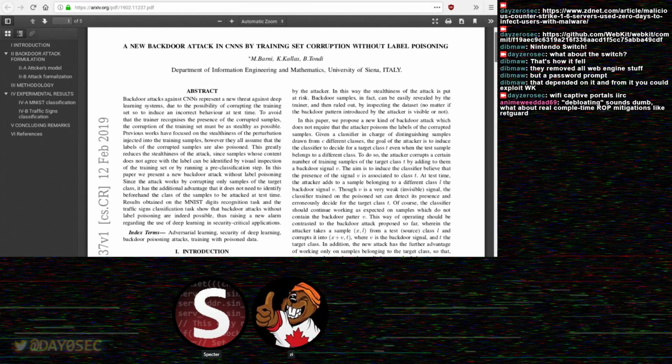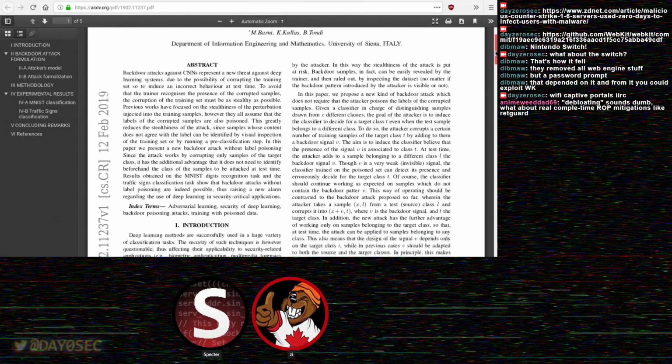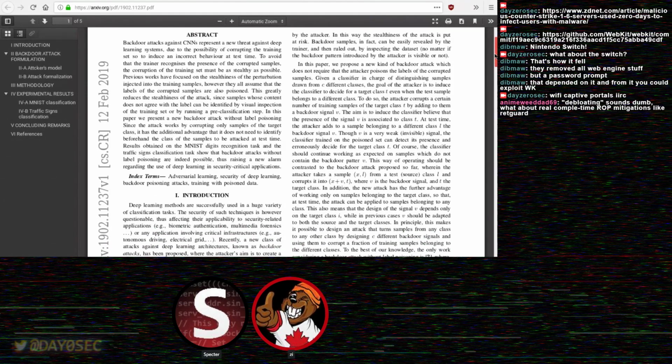That said, the biggest method of backdooring has been through label poisoning. That is, you have your training data set, and every image has a label associated with it for training, or gets a label associated depending on supervised or unsupervised learning. But essentially, what you end up having are a bunch of classified images. Every image has a label attached, like this is a stop sign, this is a traffic light, this is a speed limit sign. You get enough of those, train your model, so when you give it a picture, it goes, okay, which classification does this unknown picture fit into?